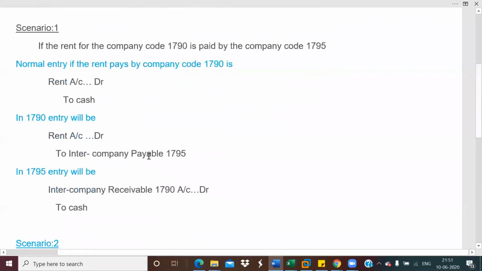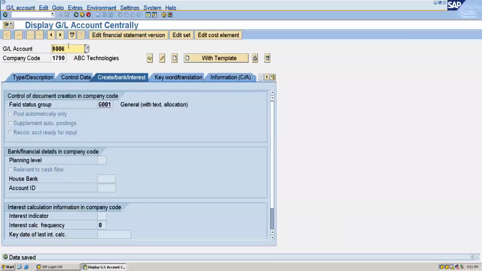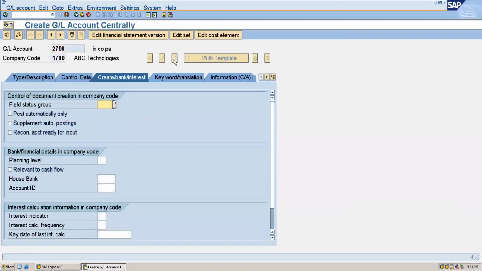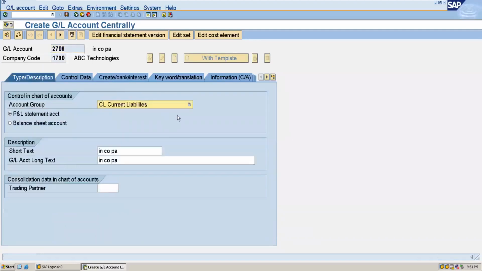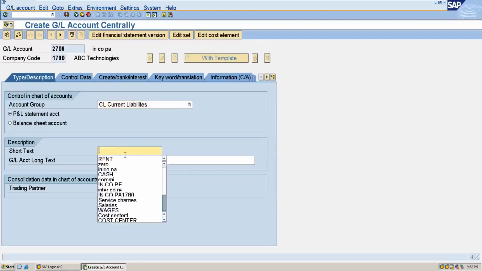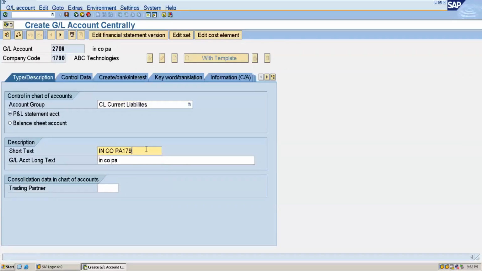This intercompany payable account. Okay, 1795. So for this, I will give 2706. Okay, here it is a current liability. So I will give intercompany payable 1795. Okay,